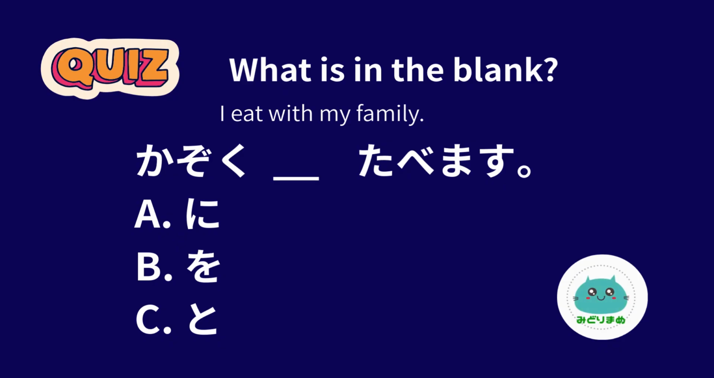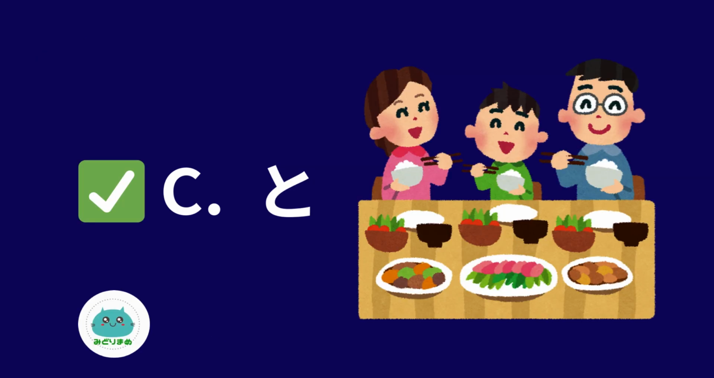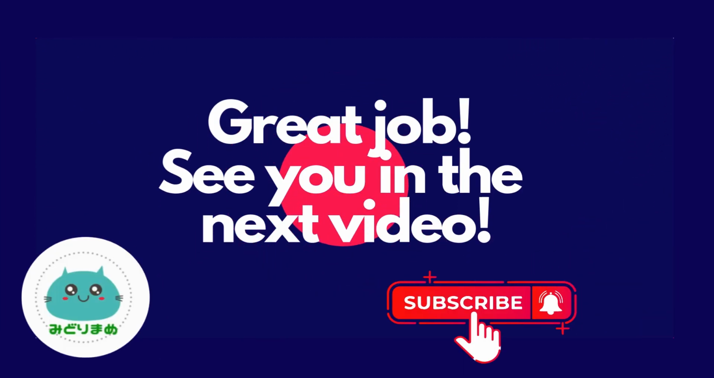Alright, let's do a short quiz. What is in the blank? 家族、食べます。A に B を C と. The answer is C と. 家族と食べます。